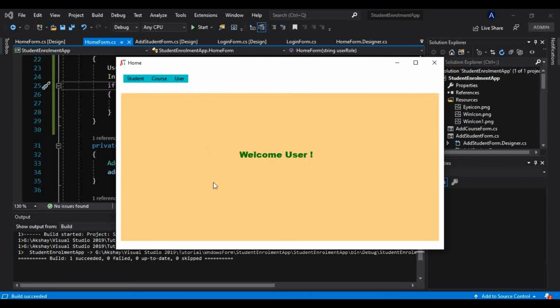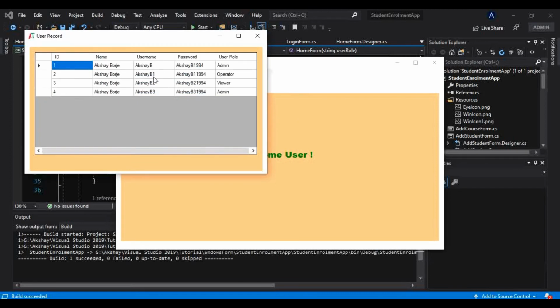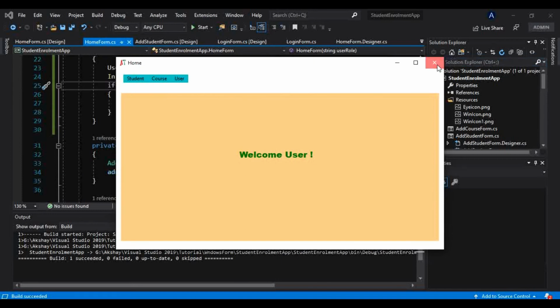That user tab is visible there. Okay, so if I go to this users, you will see this Akshay B1, whatever account we have just logged in with, this is nothing but operator, and that Akshay B2 was viewer, so that is why it was invisible for that viewer. And for this Akshay B and Akshay B3 as well, it should be visible. So let me show you that for Akshay B3 as well.